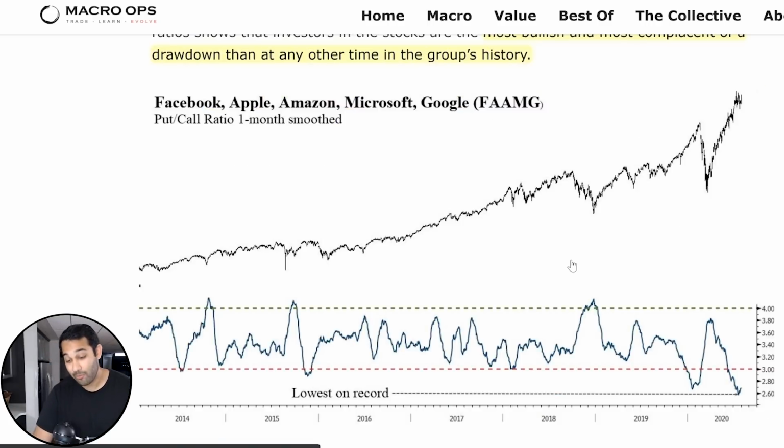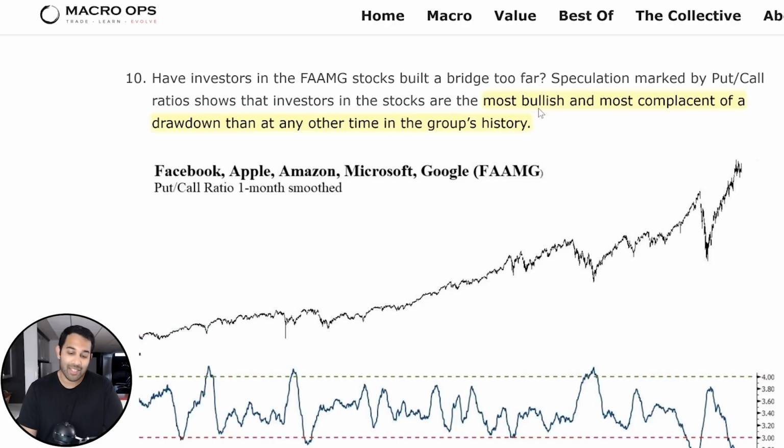Another interesting thing is if we look at FANG stocks. Right now, the put to call ratios have hit an all-time low, lowest on record. And what that means is that there's a lot more people buying calls than puts. And if you're buying a call, you're bullish. If you're buying a put, you're bearish. So that means we're facing the most bullish and the most complacent time ever in this group's history, which again, sentiment, that might not be a good look,